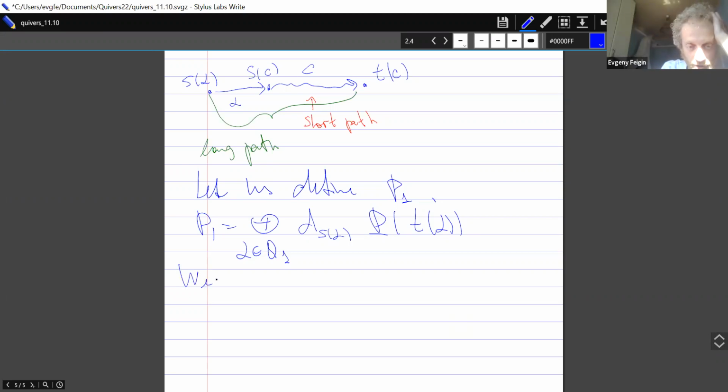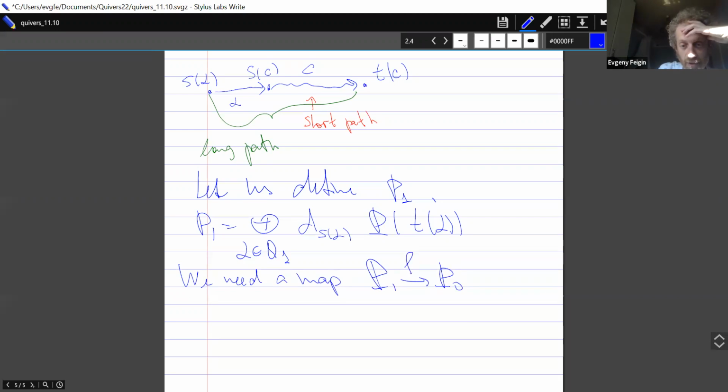We define P1, and we need a map from P1 to P0, and this is the map F. In order to define it, again, let us fix a basis of P1. How does it look? So we have b_alpha,j, where